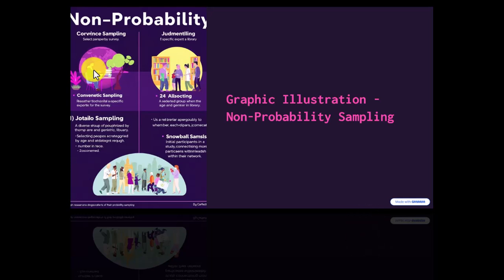So it is very important we get the process. And these images are telling us about convenience sampling and all of that. In the next video, I would illustrate all of these sampling techniques in a very